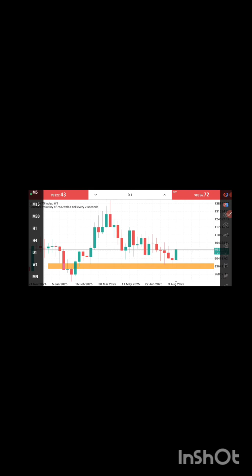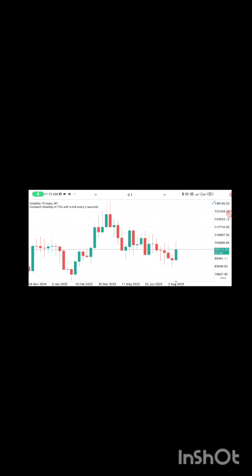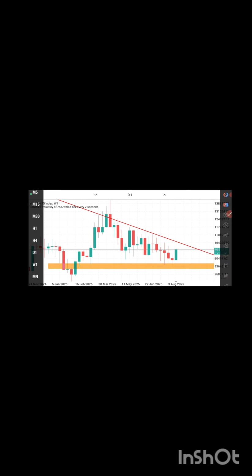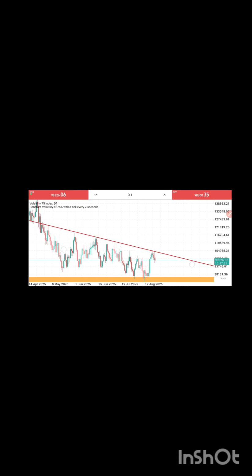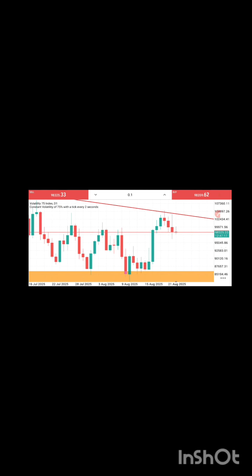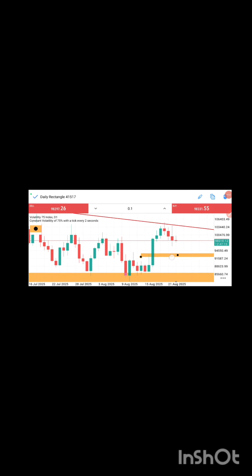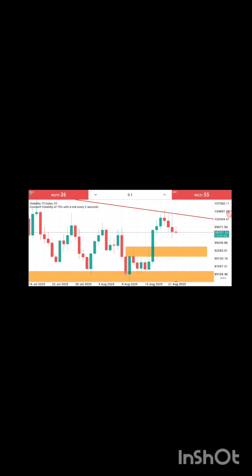And then when we go to the weekly time frame, we notice that this market created a trend line, and this time, at that trend line, it created a sell. And then when we go to the daily time frame, we notice that a buy action is created and the market is on a pullback trying to test this support. Once it tests this support, it will go up. Then in the 4 hour,